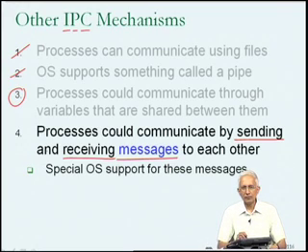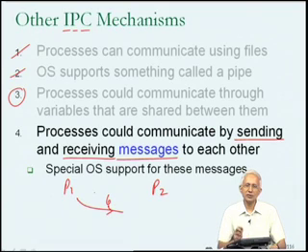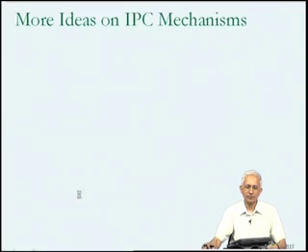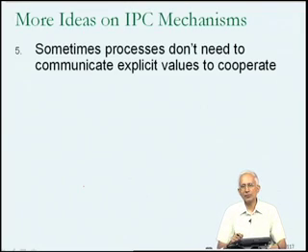Now all four of these IPC mechanisms have the property that they can be used to communicate explicit data values. For example, I talked about how the current problem might be that I want to communicate the value 6 from process P1 to process P2. Now this kind of communication is not in general what may be required for all types of cooperation between processes. It is possible that sometimes processes may need to cooperate, but may not need to communicate explicit values. Something less than that may be all that is required for the cooperation to be facilitated.